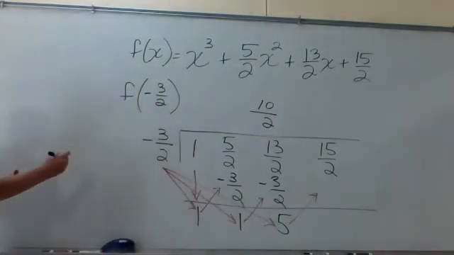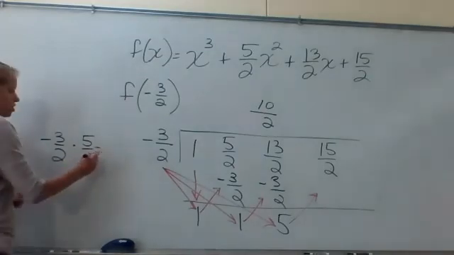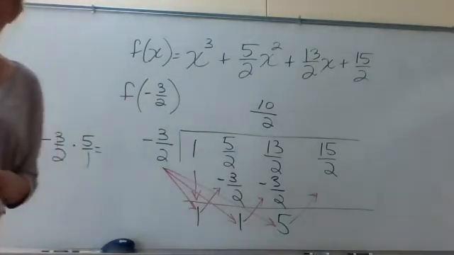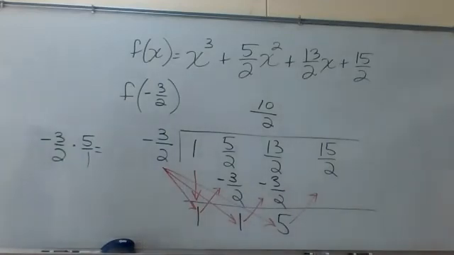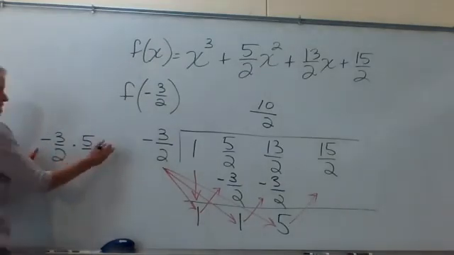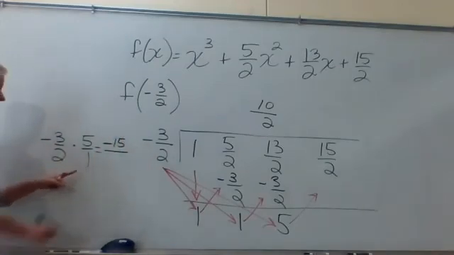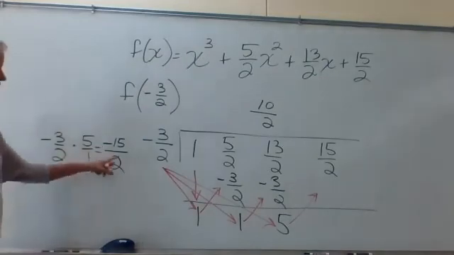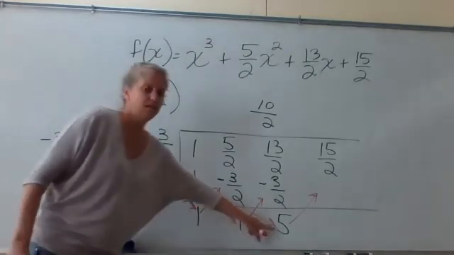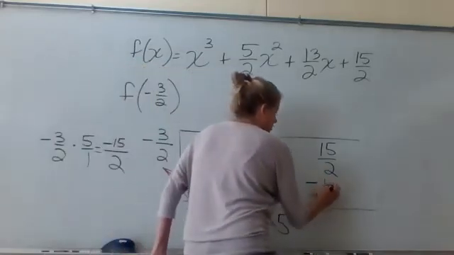Okay, so let's look at that written out. -3 over 2 times 5. So you can think of it as 5 over 1. Now, the good news about multiplying fractions is you don't have to have common denominator or anything like that, right? You just multiply straight across on top, straight across on bottom. So let's see, what do I get when I multiply the numerators? -3 times 5 gives me -15. Over 2 times 1 is 2. So when I multiply this -3/2 times that +5, it gave me -15